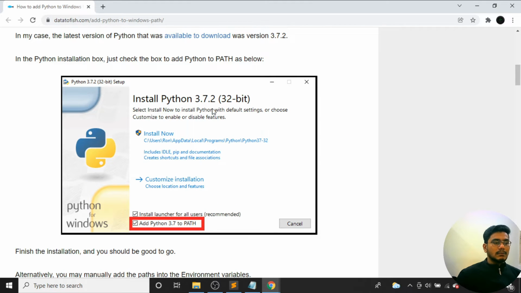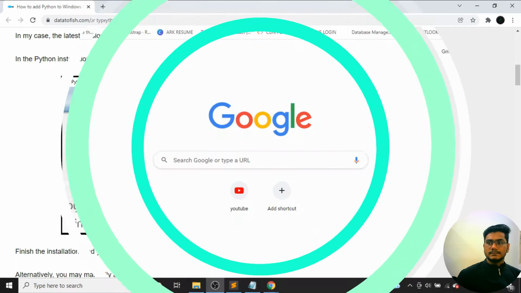So here at the time of installation of Python, it is mandatory to enable this checkbox, add Python 3.9 to the path. So you need to enable both the buttons. I mean, you need to tick mark both the items. Then after you tick mark both the things, you need to click on Install Now. So it is a very important point over here.